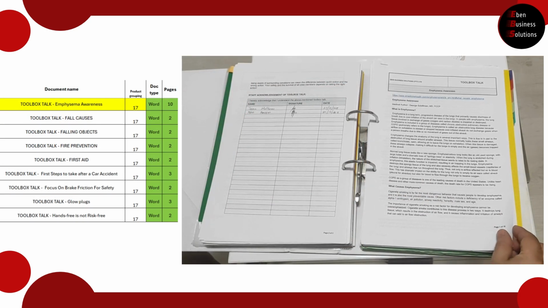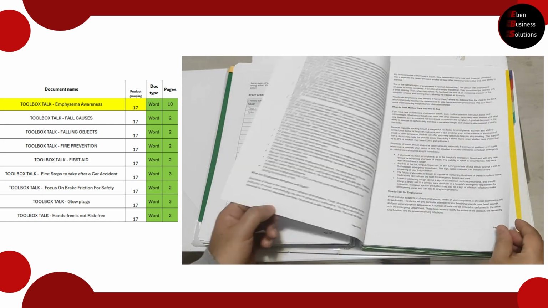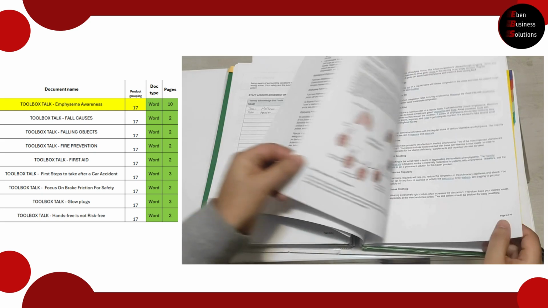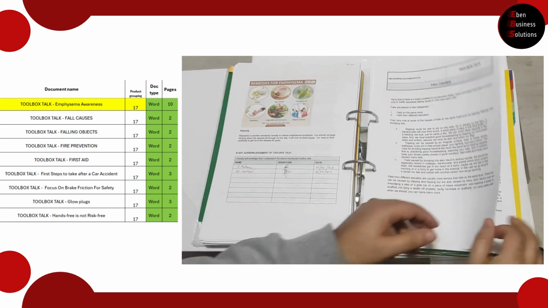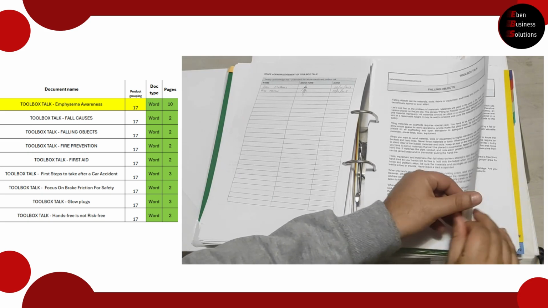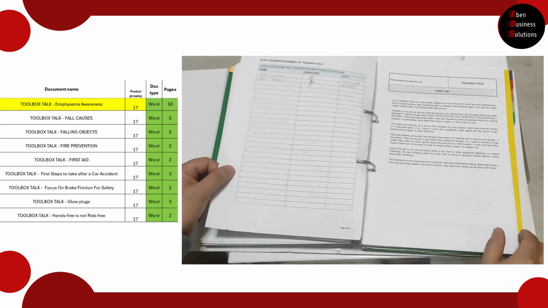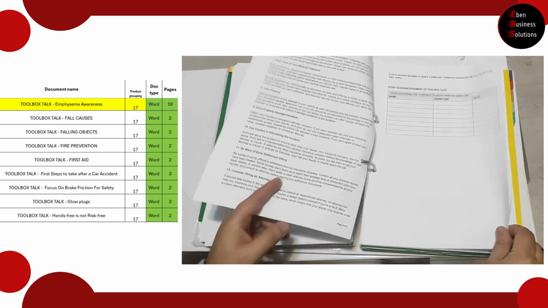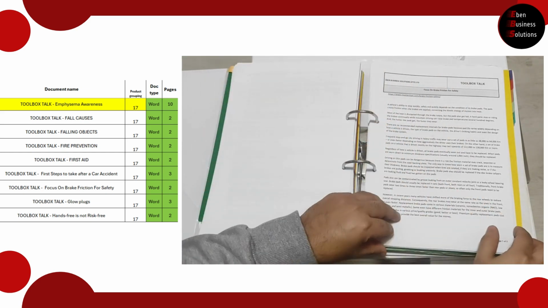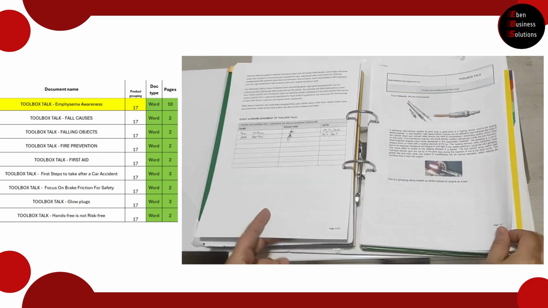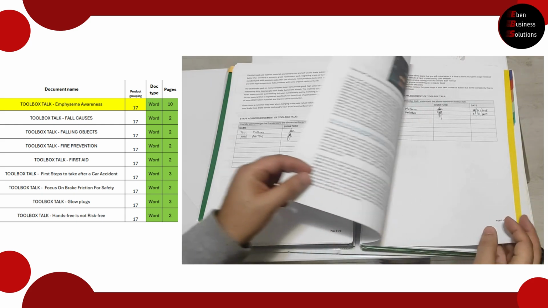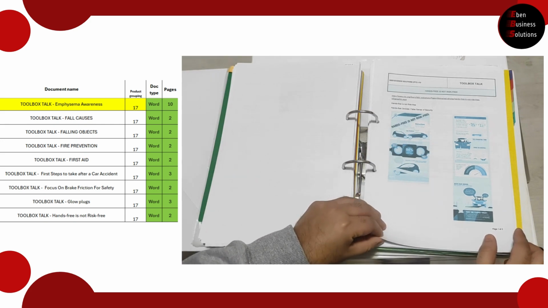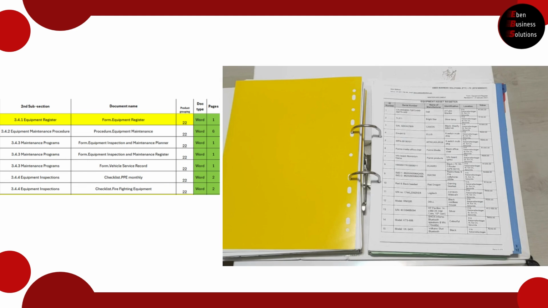Safety toolbox talks include emphysema awareness, four causes, falling objects, fire prevention, first aid, first steps to take after a car accident, focus on brake friction for safety, function and maintenance of glow plugs, especially in diesel vehicles, and hands-free is not risk-free. In the SHE management section